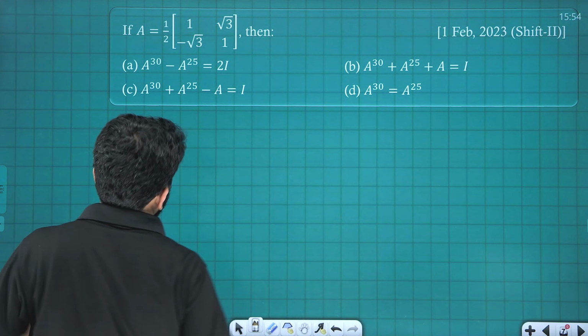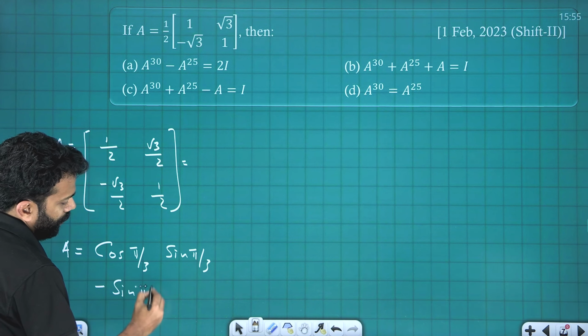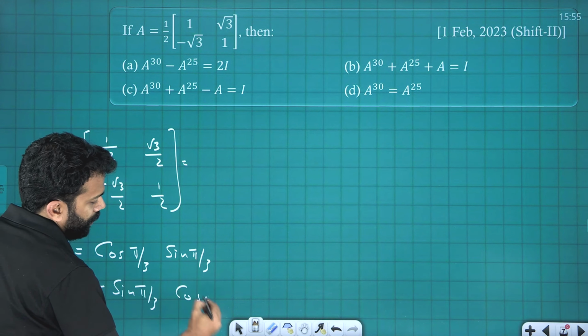Okay, and we will get 1 by 2 into 1 is what? 1 by 2, and it will be root 3 by 2, minus root 3 by 2 and 1 by 2. This is what A is. Okay, and then I am expressing it in terms of cos, that is A is equal to cos 60, right? Cos pi by 3, sin pi by 3, minus sin pi by 3 and cos pi by 3. Okay, and what you need to find next is A raised to 50 and A raised to 30 and